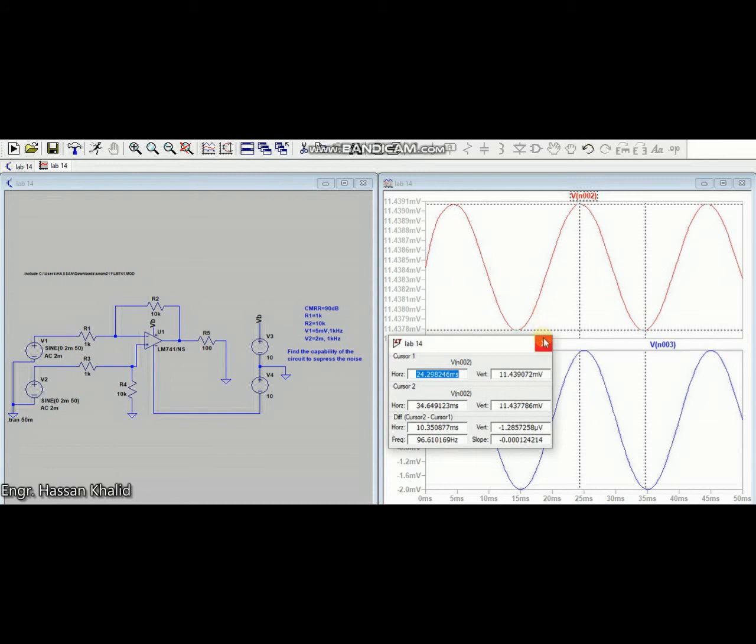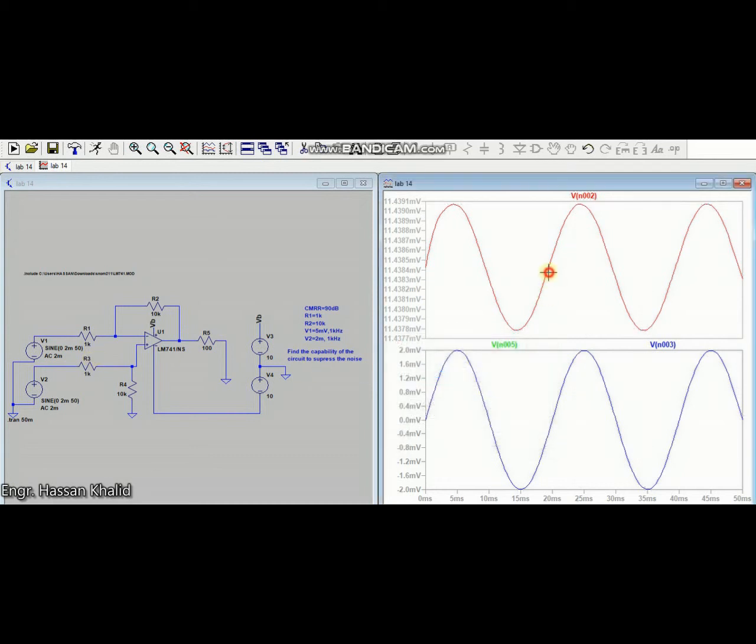You just need to understand the concept of how the input signal is being suppressed at the output by using the differential mode of the amplifier. So I do hope that you have understood the concept of the differential amplifier and the impact of CMRR in the transient phase. Now just remove all these extra plots